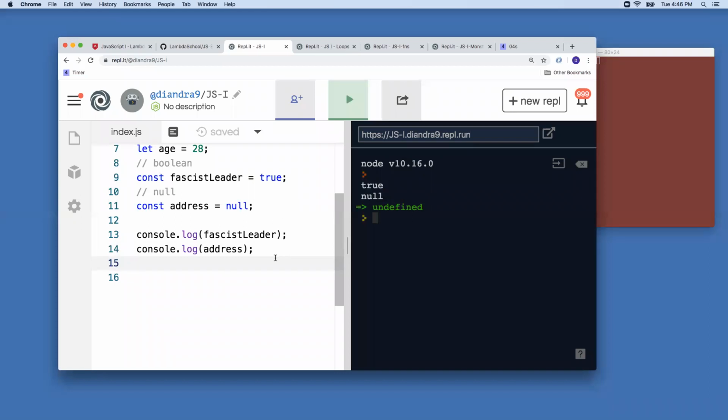All right, let's move on to if-else statements. So this is another thing that you are going to see in every single programming language. We'll be focusing on the JavaScript version, but this branching stuff will appear in any programming language you learn. The idea of an if-else statement is sometimes we want our code to behave differently depending on conditions. So we might say if fascist leader,